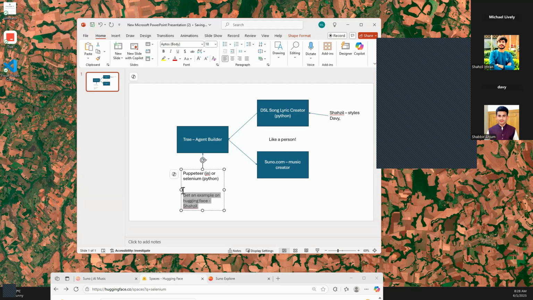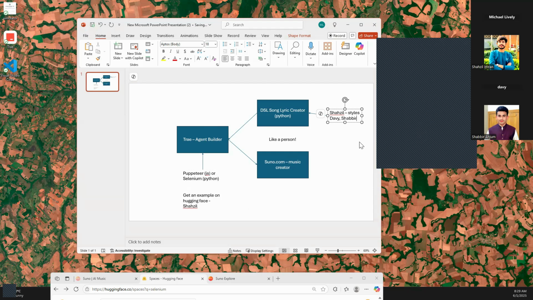I wanted some examples in Hugging Face of this Puppeteer and Selenium. These are really big pieces. And we can put Shabir on this one as well, looking at those styles.